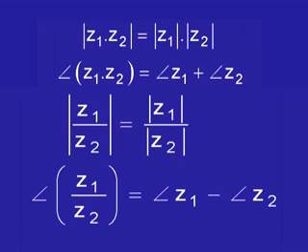And the angle or argument of Z1 divided by Z2, the complex number Z1 divided by complex number Z2, is the argument of Z1 minus the argument of Z2. So it is the difference of the two arguments, the argument of the numerator complex number minus the argument of the